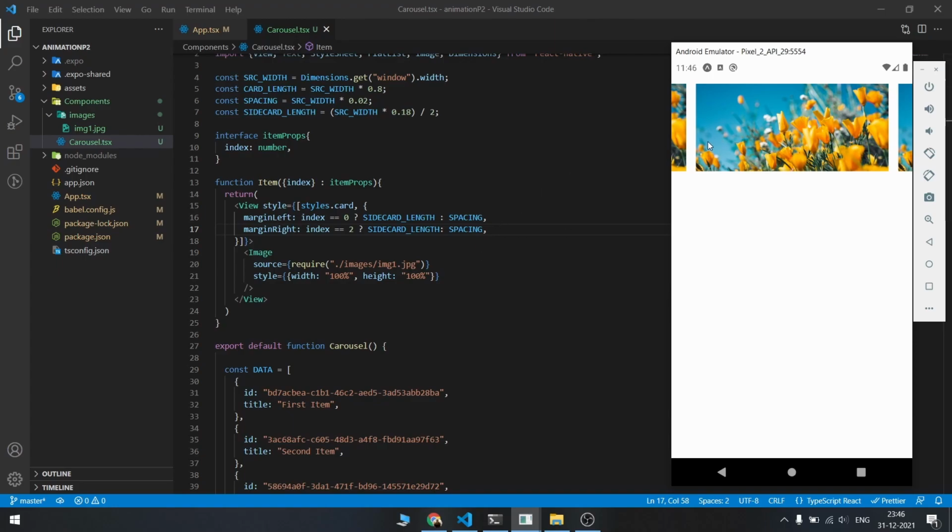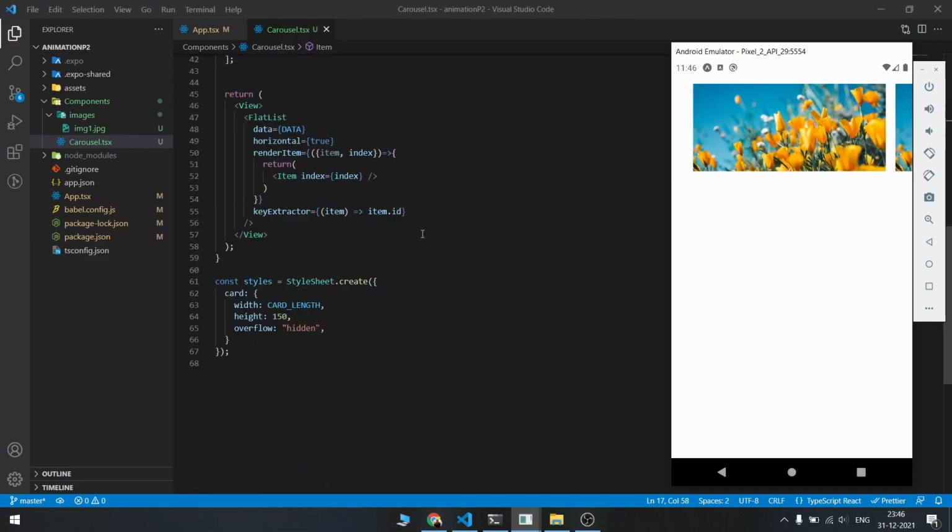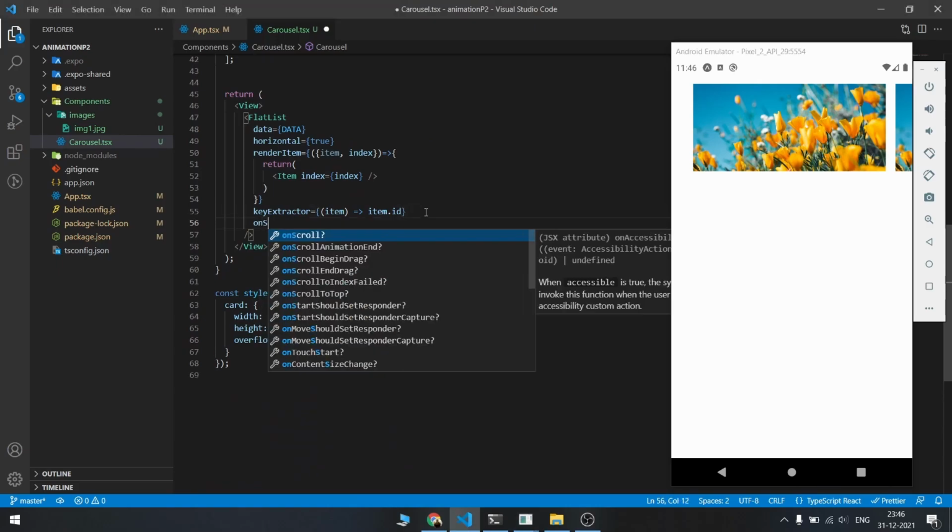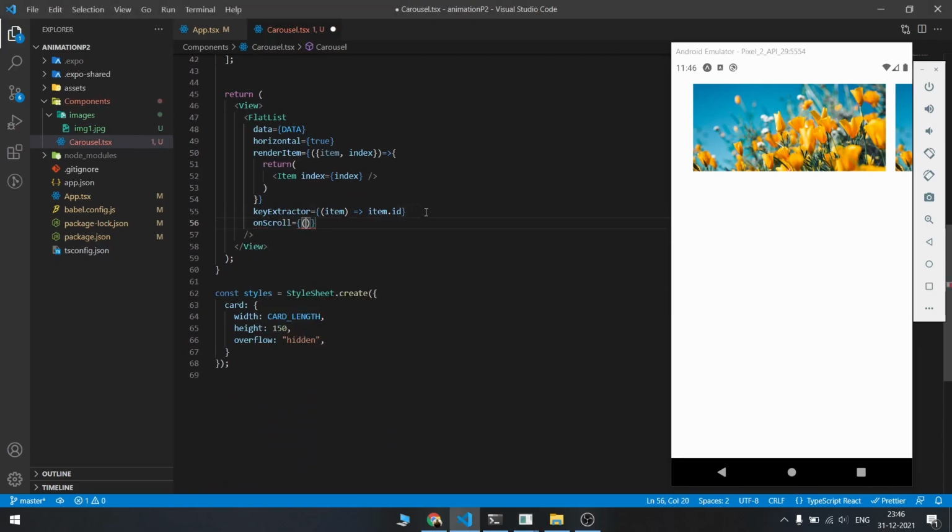Okay, so before we start doing animations, there is one last thing that we need to do. We need to know how much we are scrolling in this list, like if this list is of length, let's say, 3000, then this FlatList has an onScroll property. This will be a function.